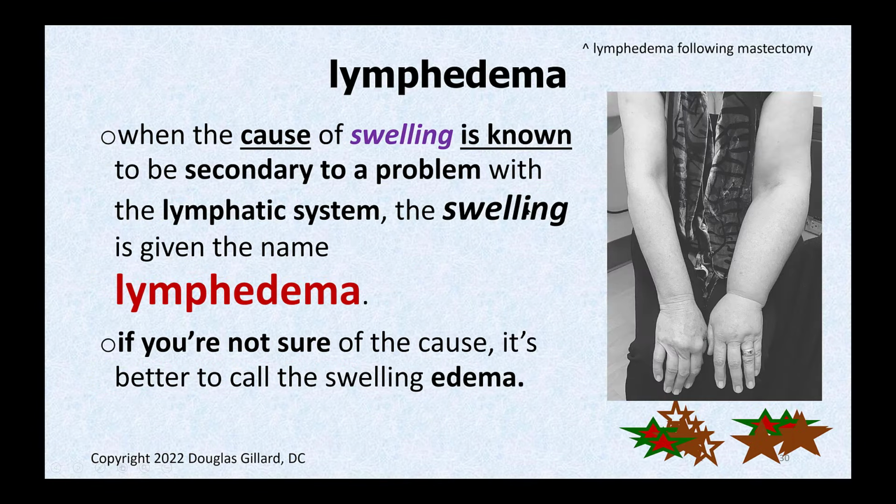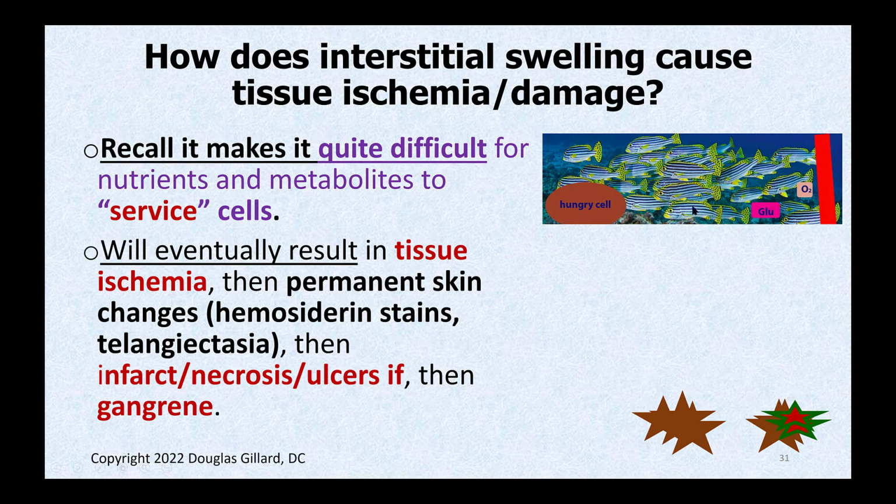So is this person in danger? Is the skin in danger? Well, it depends how bad the lymphedema is, because the circulation in this arm isn't the greatest. Everything's all backed up, so you do have some trouble. Remember that little fish diagram where you have too many water molecules in the interstitium and you were trying to get a glucose molecule to feed a cell, and it's having trouble reaching the cell because of all those water molecules. So the same thing, oh, here it is right here.